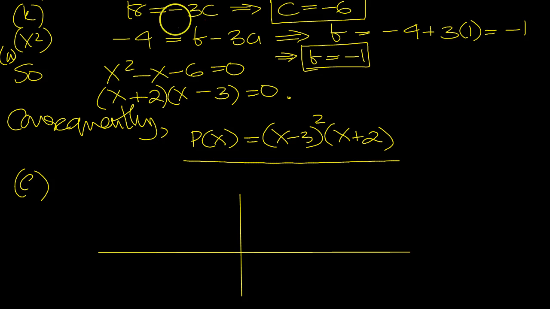Like so. x, y. 0. 3, when x is 3, is a root, and minus 2. It's a cubic, and the highest term is x cubed, so it must shoot up, come down,